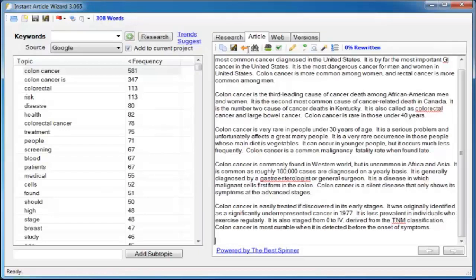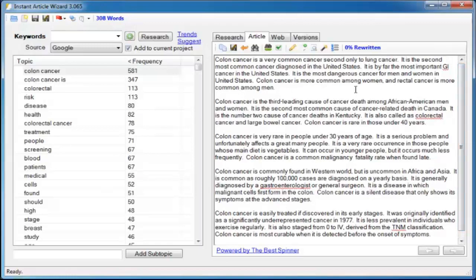Bam! 308 words. But what's really impressive is what it chose. Let's read the opening paragraph. Colon cancer is a very common cancer, second only to lung cancer. It is the second most common cancer diagnosed in the United States. It is by far the most important GI cancer in the United States. It is the most dangerous cancer for men and women in the United States. Colon cancer is more common among women, and rectal cancer is more